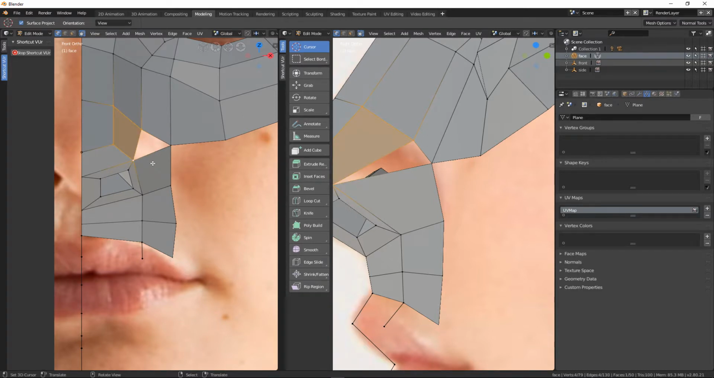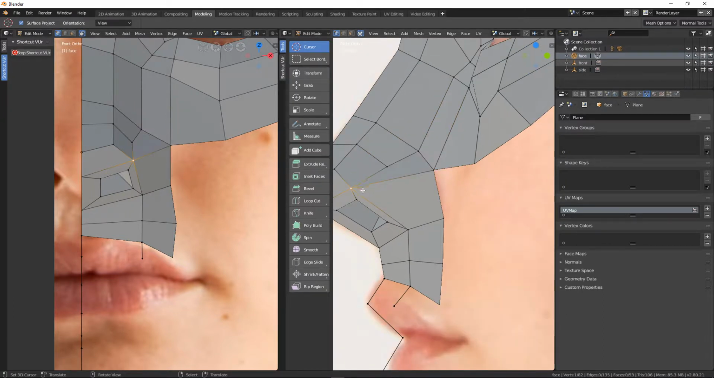And you can see here I don't have enough geometry. I've got a triangle, so I could leave it as a triangle, but I'm not going to do that. I'm going to loop cut here and create a quad. Okay, and move that a little bit. Okay,